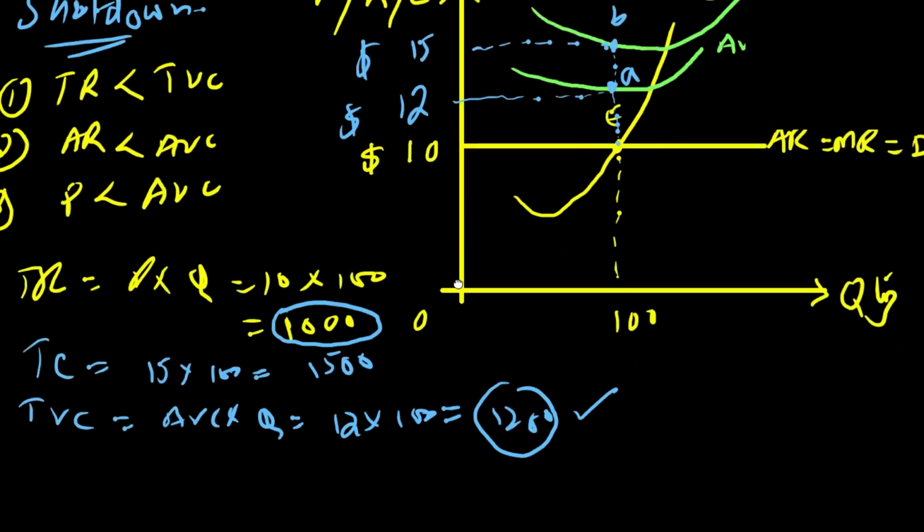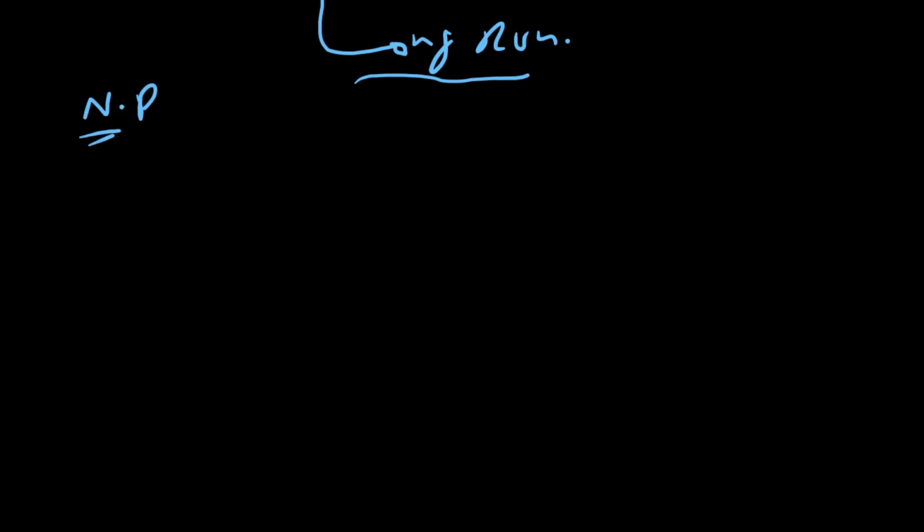And the last graph that I'm going to draw here is for the long run period of time. Long run is a period of time in which all factors of production are variable, and in the long run, all firms in perfectly competitive market earn only normal profit. There is no chance of supernormal profit, loss, or shutdown. Rather, firms earn only normal profit in the long run because of freedom of entry and exit, or contestability